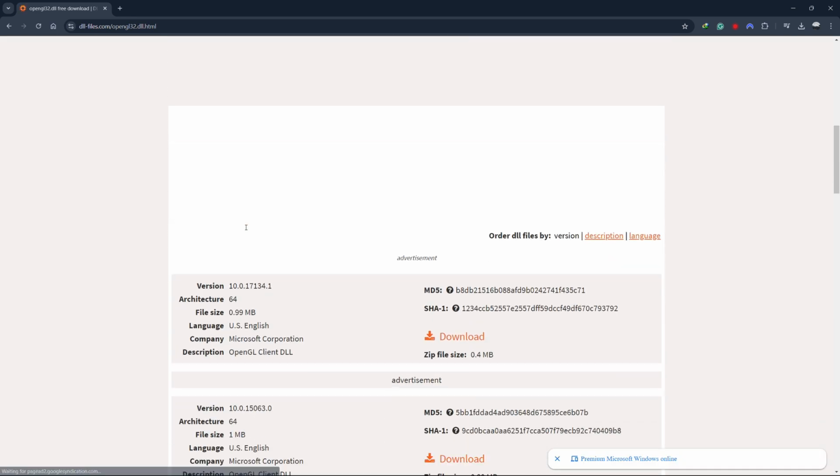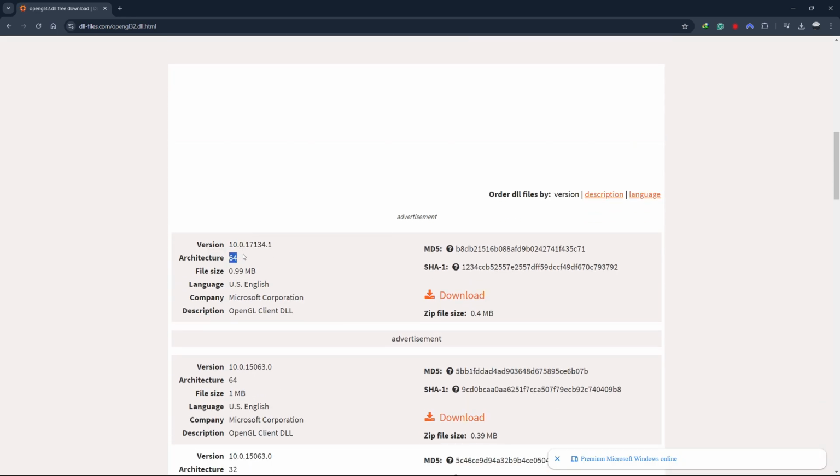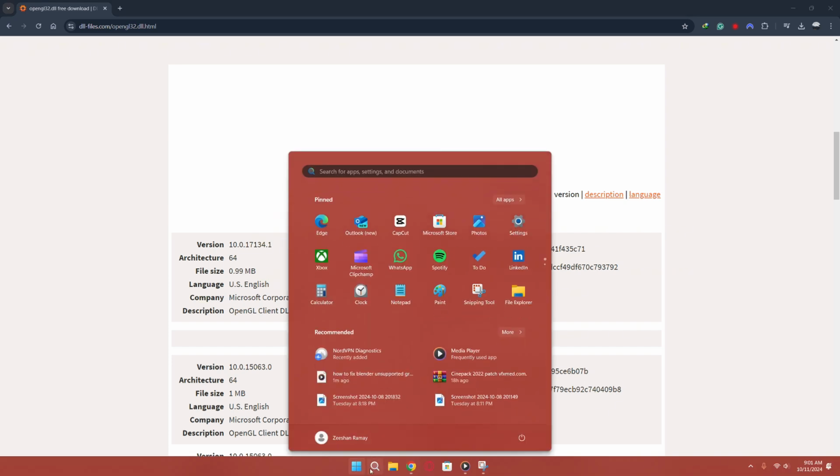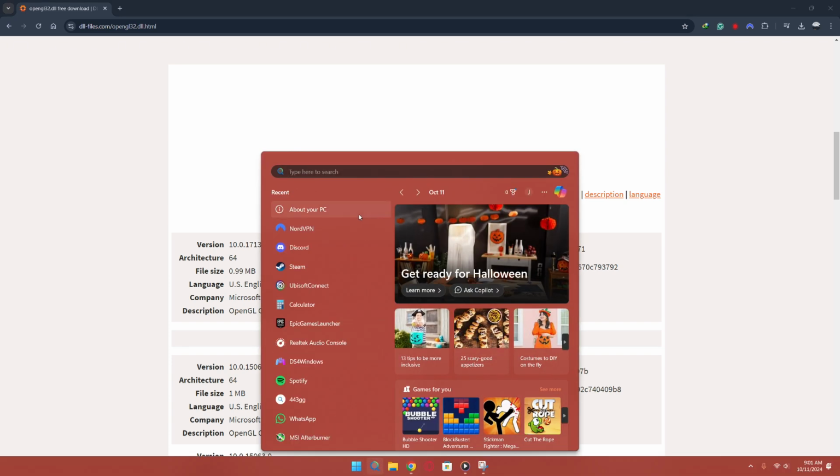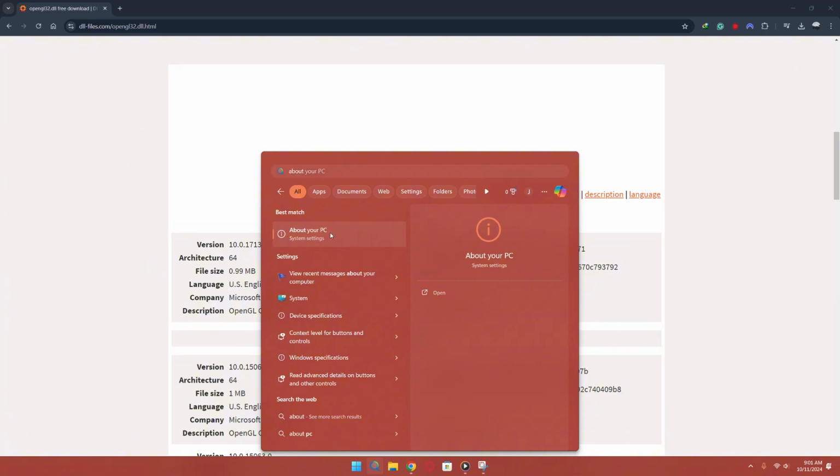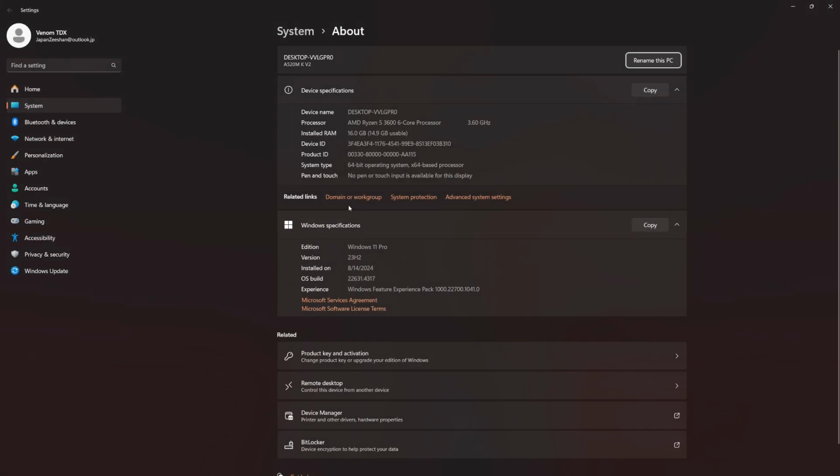Now, you need to make sure you select the correct version based on your system type. To check if your system is 32-bit or 64-bit, go back to your desktop, click on the search bar and type About Your PC. Open the System Information page and under System Type, you will see whether your computer is